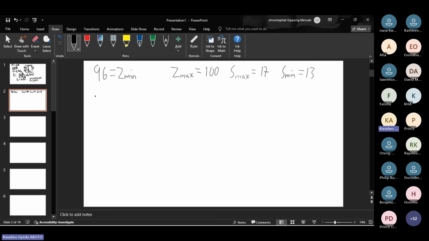For the maximum number of conductors per slot, we are going to take the maximum number of conductors and then the minimum number of slots, right? So we have 100 on 13 as our maximum number of conductors per slot. And for this, we get,